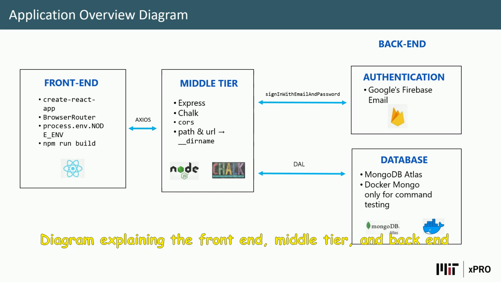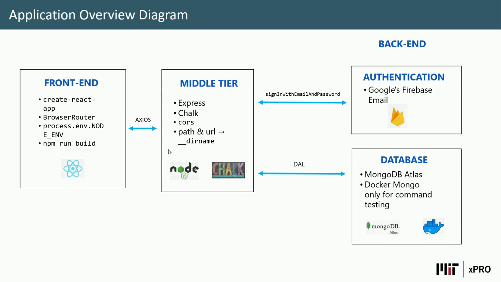Present a diagram explaining the front end, middle tier and back end of your application. Here's my front end, middle tier and back end. My front end is built using Create React App with browser router for the routing,